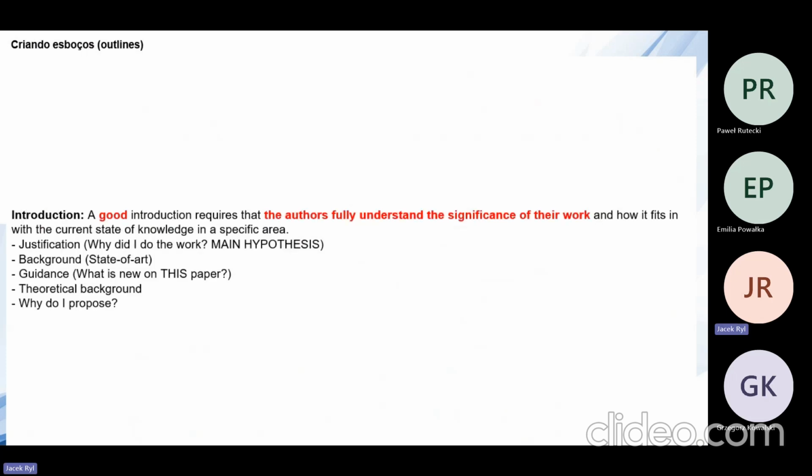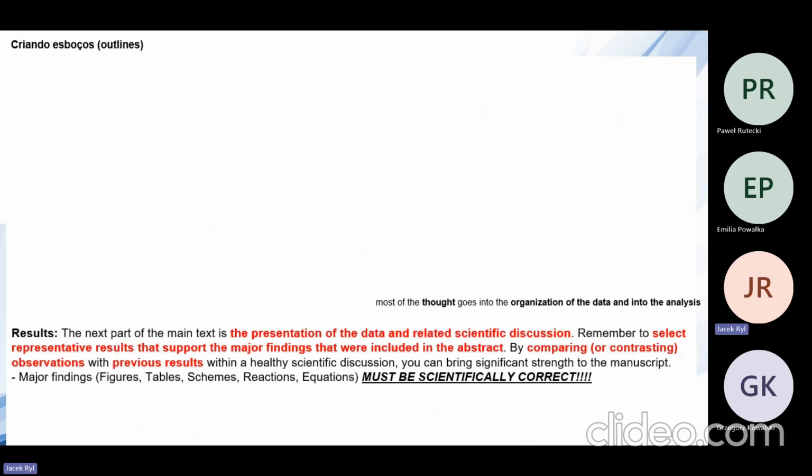The introduction: a good introduction requires that the authors fully understand the significance of the work, showing justification. So why did I do the work? The main hypothesis, state of the art, what is new in this paper, a theoretical background, and why do I propose it? And results,